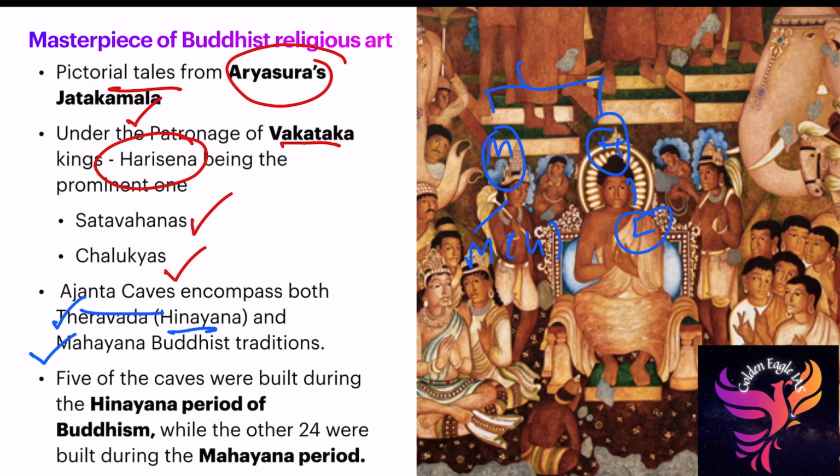What is the basic difference? In Mahayana Buddhism, they considered Buddha as a god, so they need some idol to worship. But in Hinayana Buddhism, Buddha is just a human being. While teaching about Buddhism, I'll give you entire details about Buddhist ideologies and how Buddha created Buddhism. This is enough for Ajanta caves. Out of Hinayana and Mahayana, Mahayana dominates here. Obviously, Mahayana dominates everywhere.